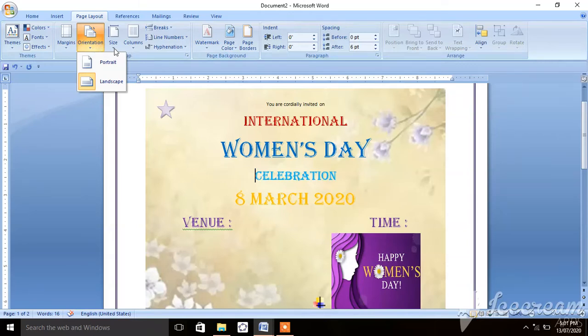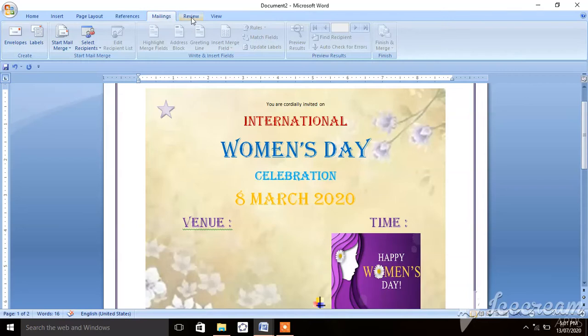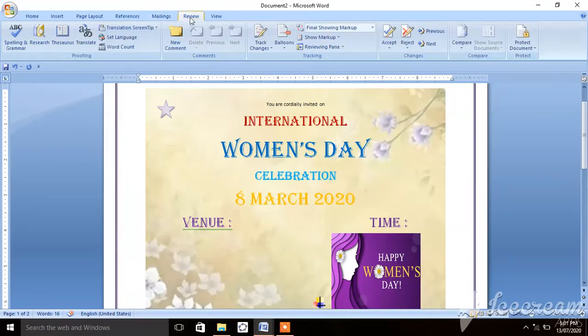Even you can set the size of the paper. You can give border, you can give page color. Even you can set the watermark for any page. Okay, then reference, mailing and review are not used many times, means we are not using them.